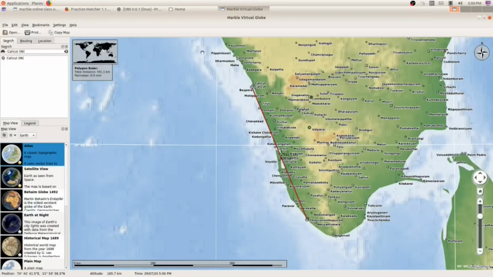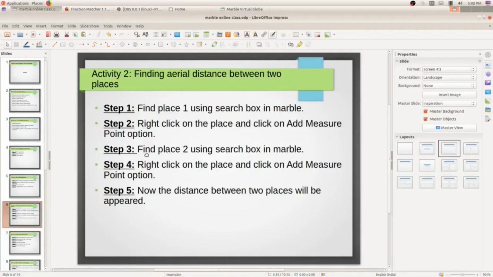So this is how we find the distance between two places. I have written the steps here: find place 1 using the search box, right click on the place and click on add measure point. Again search place 2 and click on add measure point. Now you can see the distance between the two places.